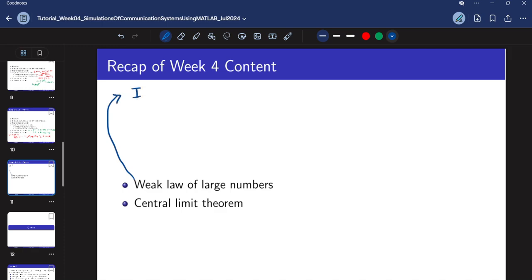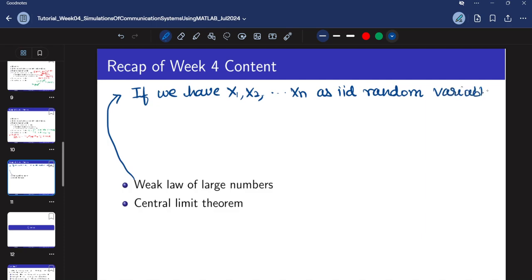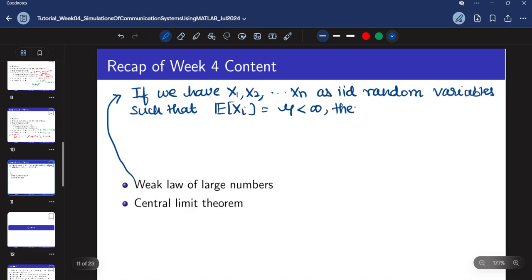If we have x1, x2, and so on till xn as IID random variables, such that expectation of xi is mu and it is less than infinity, then